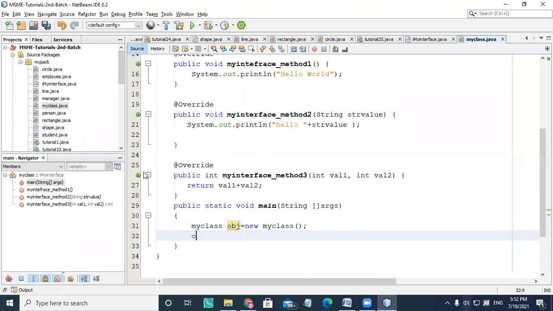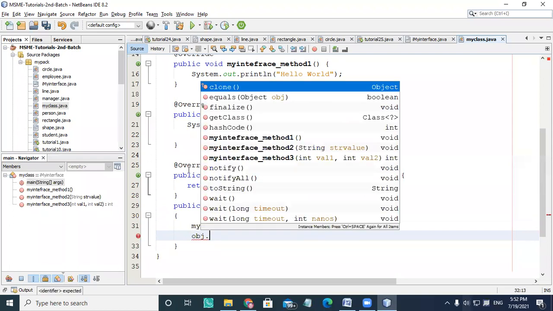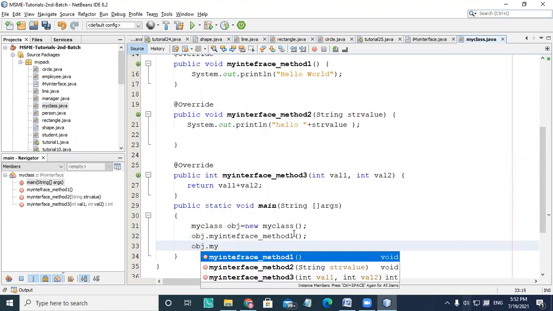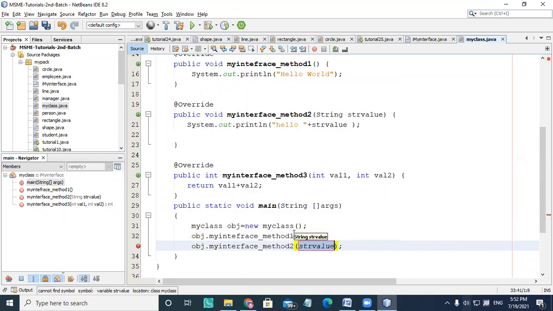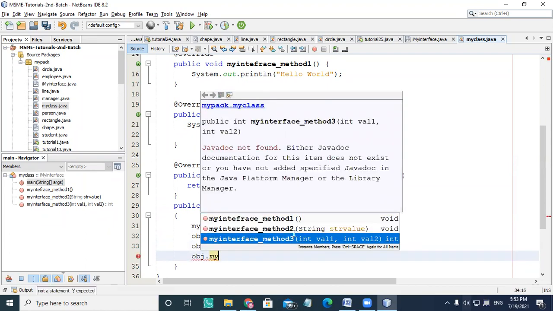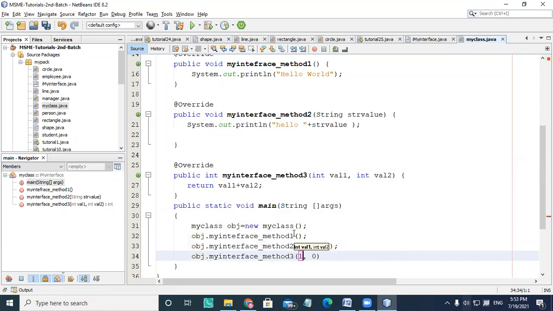So I can use my object to call all these methods: obj.myInterfaceMethod1, and obj.myInterfaceMethod2, where I'm passing a string value, say Gopal, and third, obj.myInterfaceMethod3, to which I'm passing 12 and 13, and it's supposed to return some result of integer type.